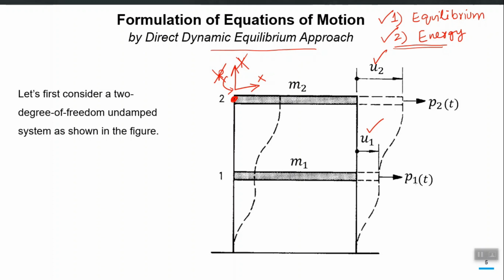So it is a 2 degree of freedom structure, and at each degree of freedom there can be an applied loading. Now, P1 and P2 are the two applied loadings, M1 and M2 are the two lumped masses, and K1 and K2 are the two stiffnesses, let us say. With this notation, let us try to find the equilibrium equation, and that will become the governing equation of motion.